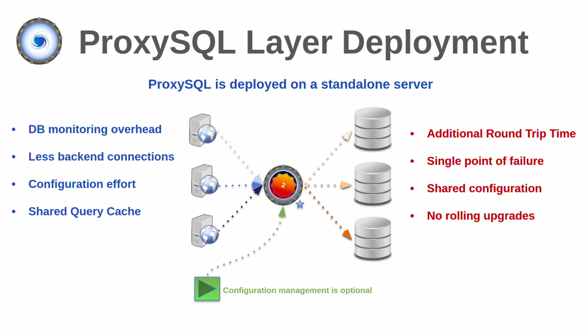What are the drawbacks? Well, you have an additional network round trip, so you have some extra latency, and a single point of failure, because there is just one proxy there, and you cannot do any rolling upgrade if you have only one server. Of course, there is no need to say that this setup is normally not used, because one of the drawbacks is that it's a single point of failure. So it defeats the purpose of having a decentralized series of proxies. So you actually do not use this sort of setup.